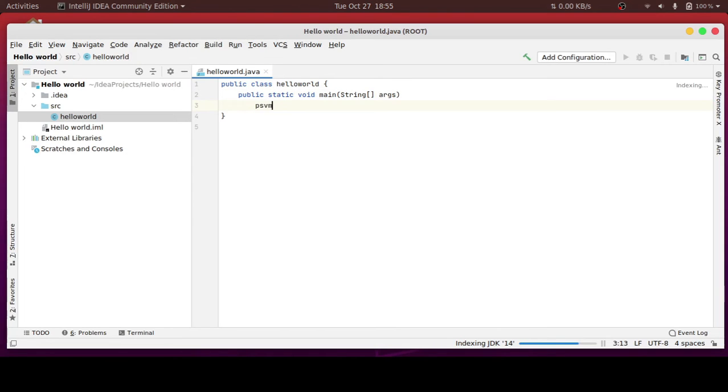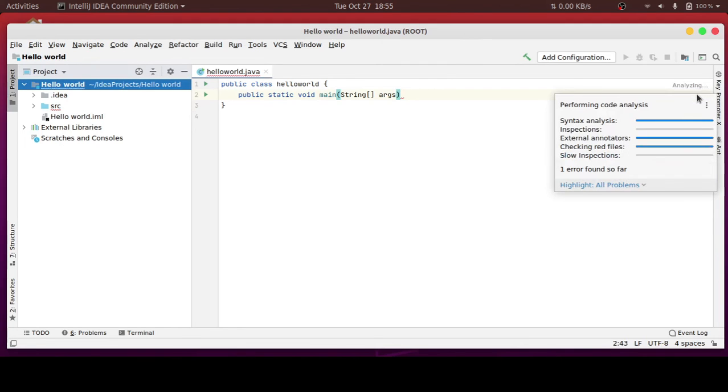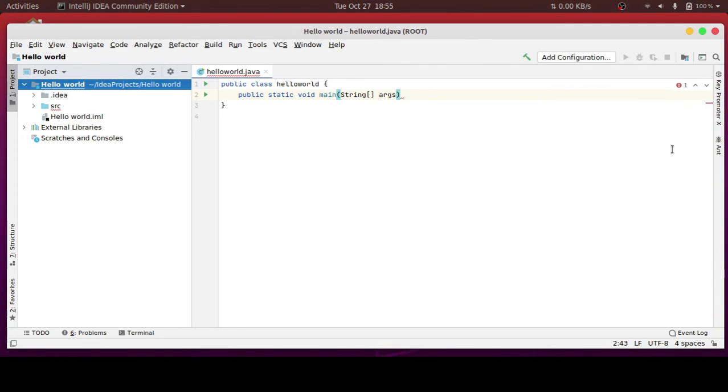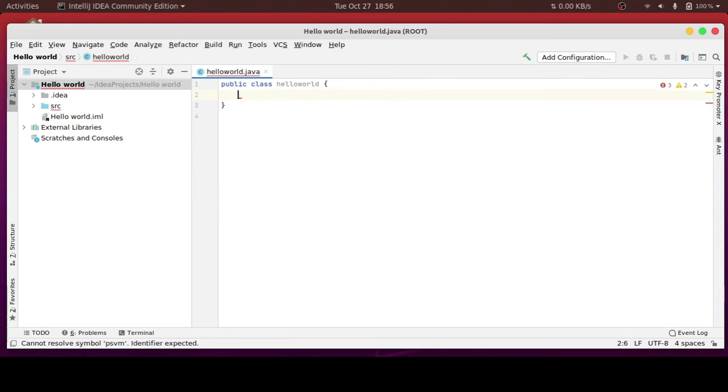But yeah, just let me tell you one thing before proceeding. You have to check this part here. Okay, now here it is written indexing, analyzing. Okay, so now it is done, so now we are good to go. I'll give you the shortcut psvm. Wait, enter. Okay, I guess you have to remove this one. PSVM, yeah. So when you click this, it will automatically write the public static void main.